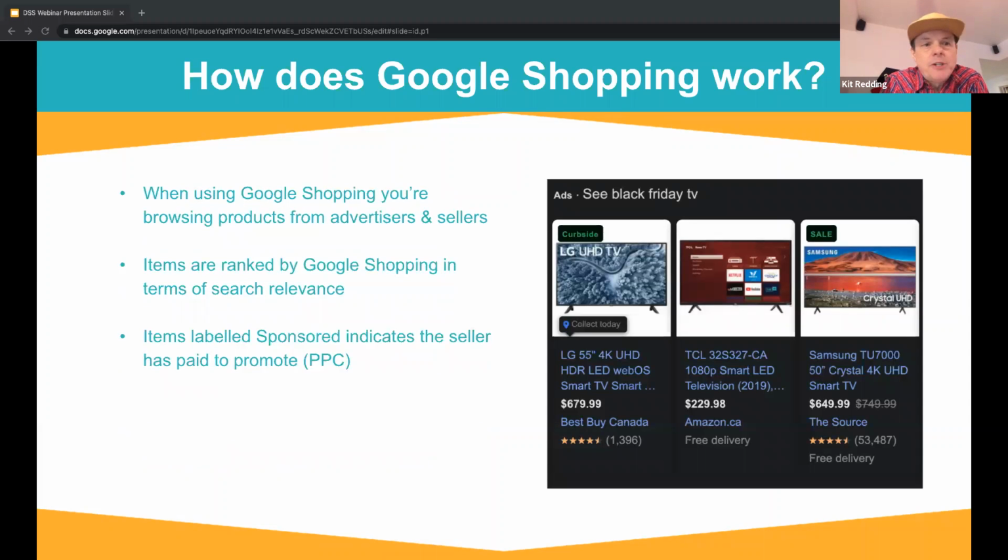When using Google Shopping, you're browsing products from advertisers and sellers. So as someone that would push your products to Google Shop, you can actually advertise those products as well. There is a paid model that Google Shopping does implement, which I will talk a bit more about as we get into the Merchant Center,